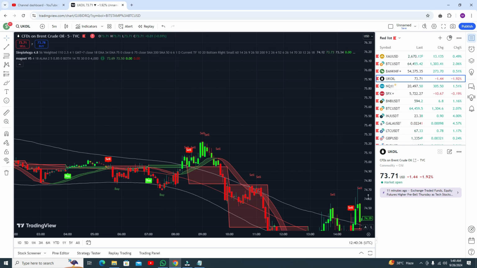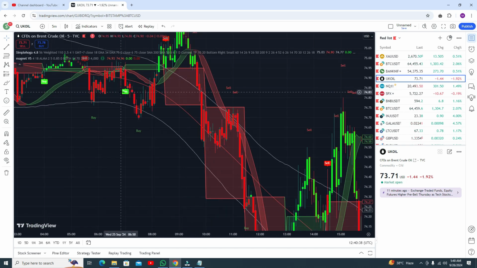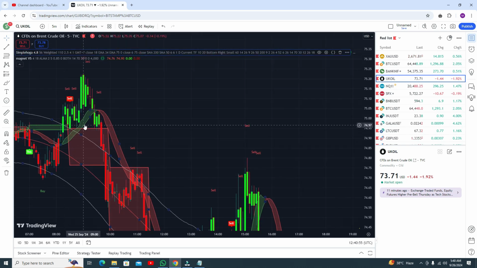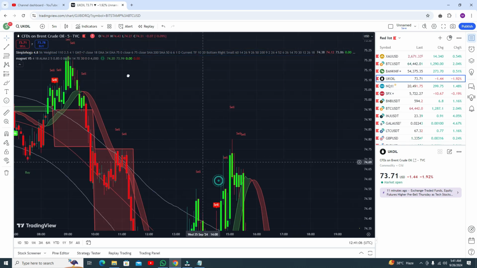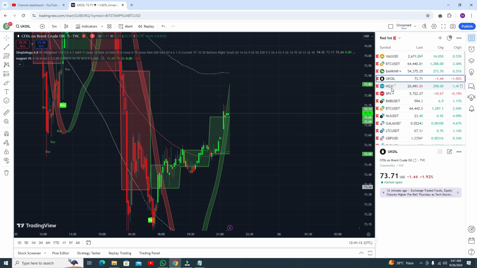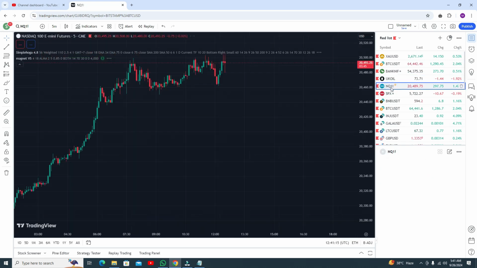Okay, now this one, if you need, you can go for the buy trade, but at this point you need to watch it carefully. At this point you can see this one is green, so you can go for the buy trade, but the RSI is not even very close to the lower band line. So if you need, you can go for the buy trade, but I will recommend the confirmed signal, like when the RSI is upside from the upper band line, you are getting both buy signals and both sell signals. Okay, then you need to go for the sell trade. Okay, so it worked perfectly, and you can watch it. And this was UK oil. Let's see the results in Nasdaq.